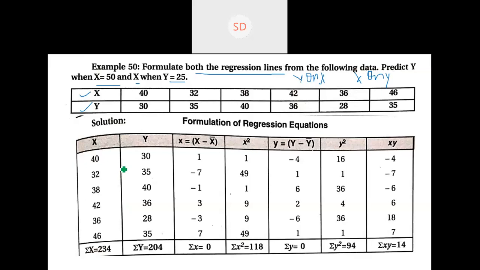Now since we are solving these problems from actual mean, so we will have to calculate x bar and y bar. So to calculate x bar and y bar, we require sigma x and sigma y. So once you add x values, you get sigma x. Once you add y values, you get sigma y. So let us calculate, and let us just see how many numbers are there. That is n. So you have 1, 2, 3, 4, 5, 6. So the value of n is 6.